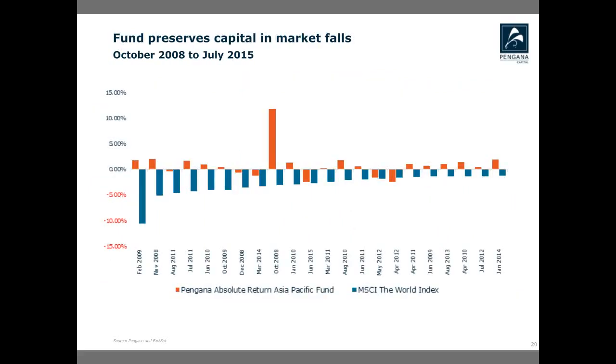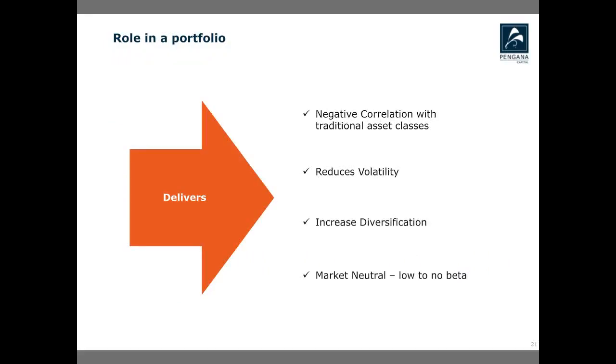And just finally on that point, the next slide is, from left to right, the largest falls in the world equity markets from when the fund started to the end of July, ranked in order, and then the orange bars are what the fund delivered during the largest market falls. So you can see in all but a couple of months, and even then only minor drawdowns, the fund has protected capital for years in advance.